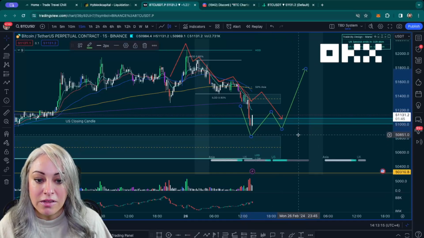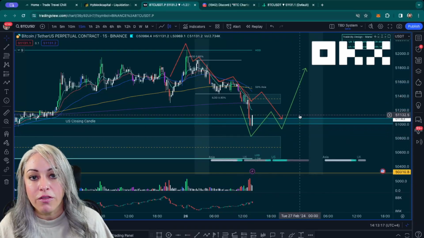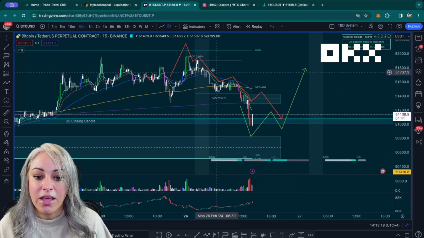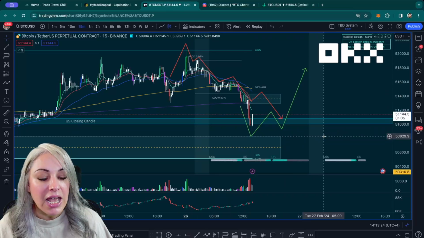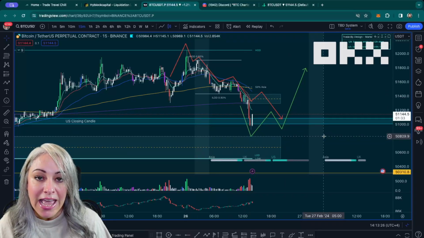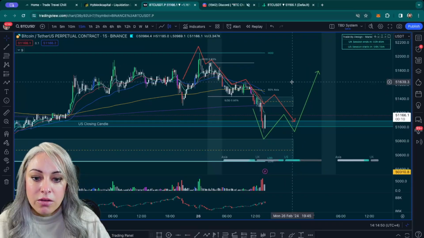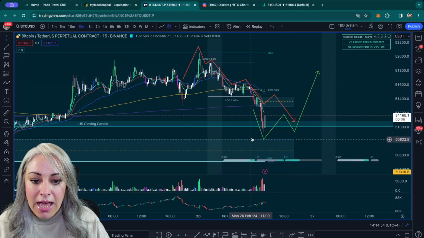If that happens instead, then we will have a confirmed W formation, and that will tell us that this move to the downside was the false move of the week beginning, and it's over now. We should head up for the next 3 days. So of course, if none of that happens, then obviously the false move is not over yet, and currently Bitcoin